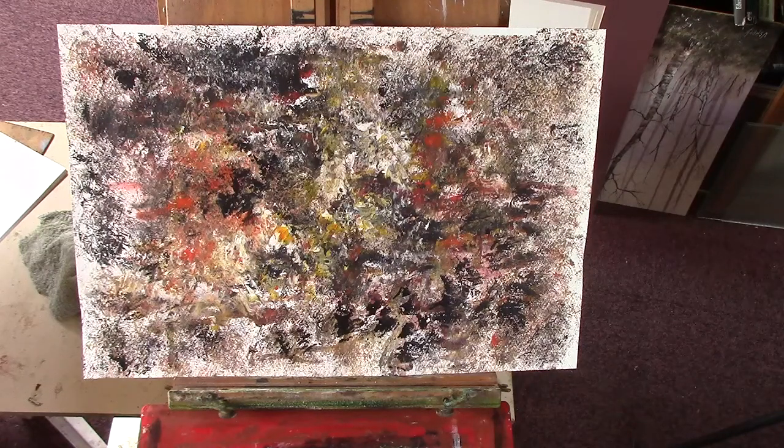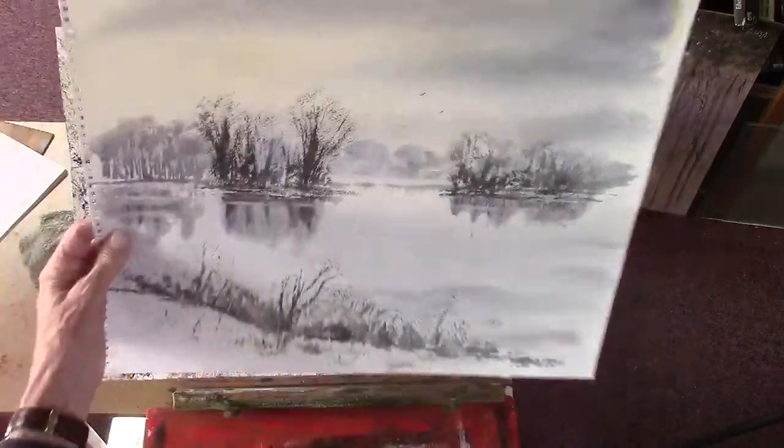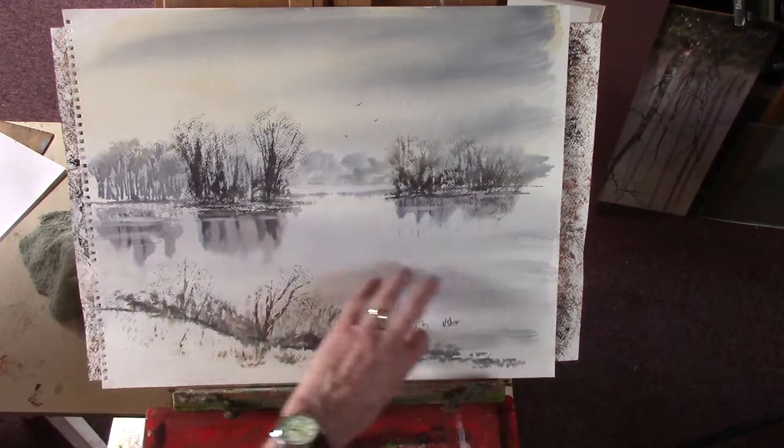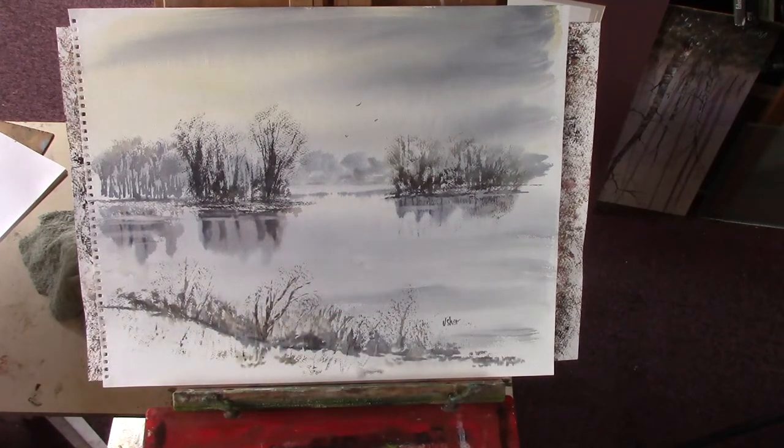I've got this one here. It was a very early painting in this session. I didn't do watercolours for years and years. I was doing oil paintings, and when I started YouTube six years ago, I was really looking for things to paint, and this one was of, I can't remember, some National Trust place in Kent or somewhere. It was just a garden. It's a bit turgid here, but I was just getting back to using the hake again,